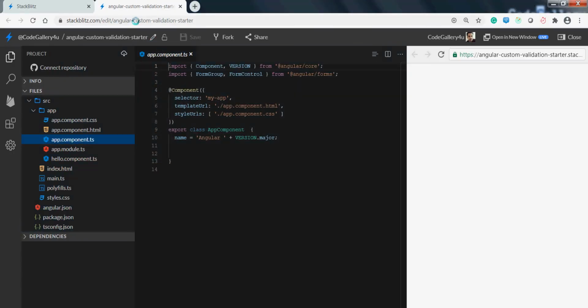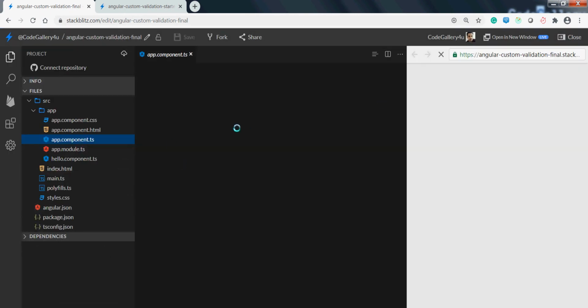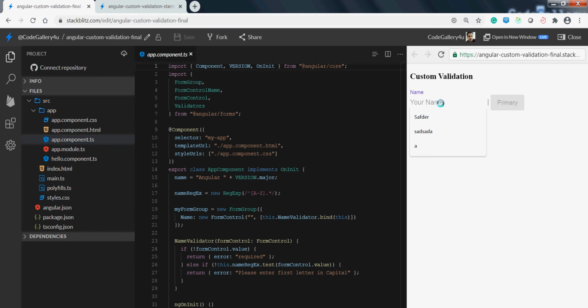You can see here is the starter pack. This will serve as a base template if you are coding along. And there is one more project called final, which is rendering now. This final project contains the exact code which we are going to create in this tutorial.